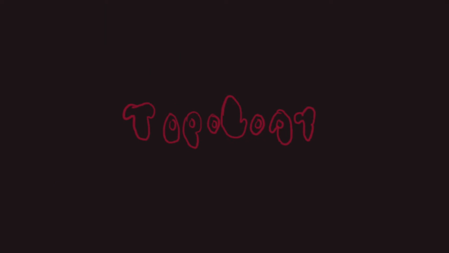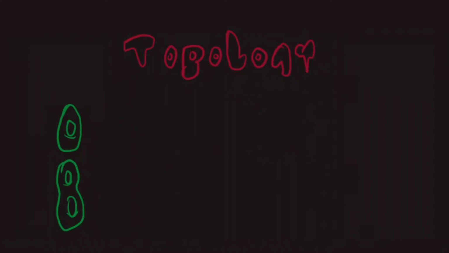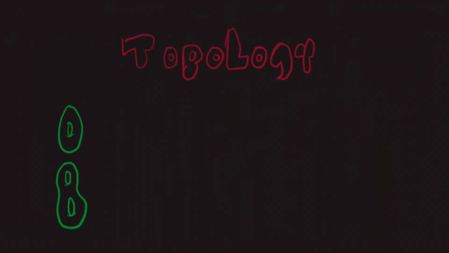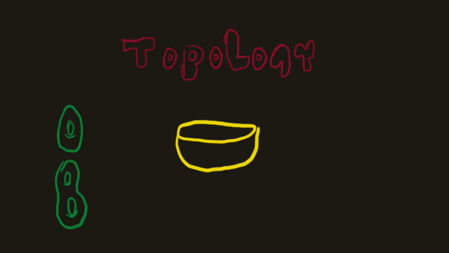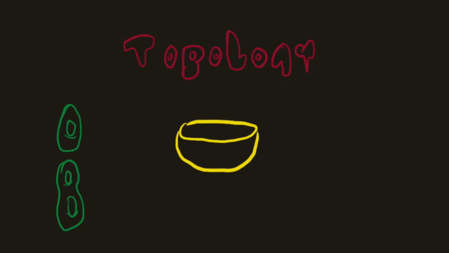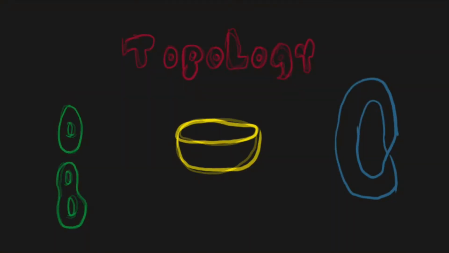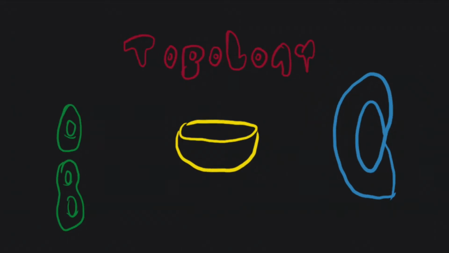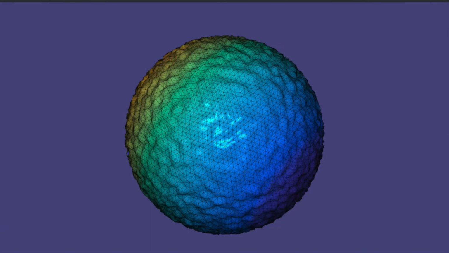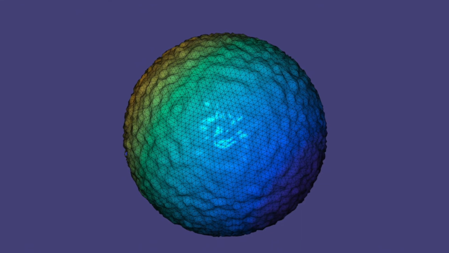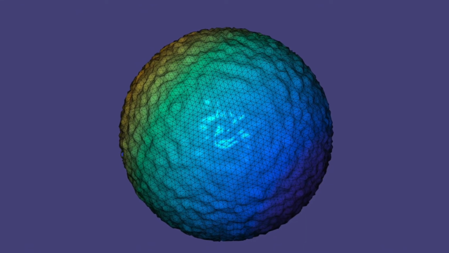The topology of a shape can be thought of as looking at how the shape as a whole connects. Things like, how many holes does it have? Or, if it has any boundaries or sharp edges. Or if it's orientable. There are many ways to represent 3D objects on a computer, but this orb here is